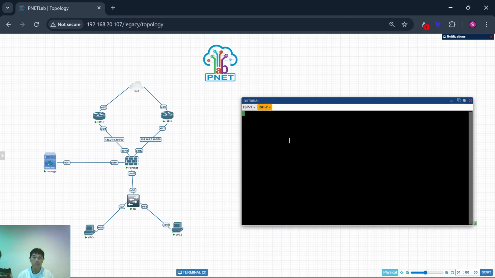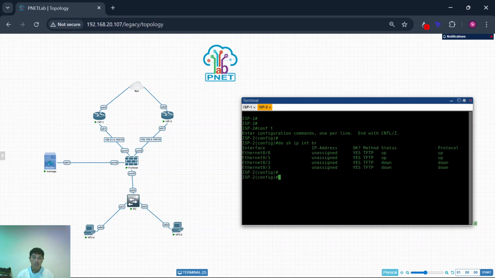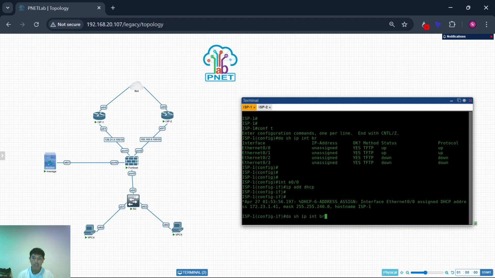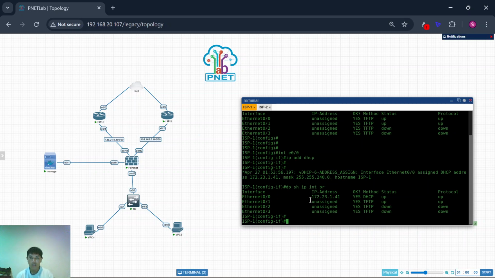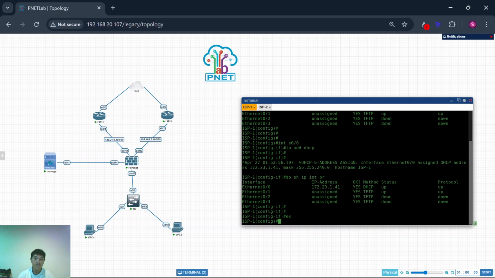Go to SP2, configure terminal, do show IP interface brief, and it's the same as SP1. So take DHCP IP from the internet: interface Ethernet 0/0, IP address DHCP. Okay, and here the DHCP is added inside this router, so you can see interface Ethernet 0/0 here, and exit.